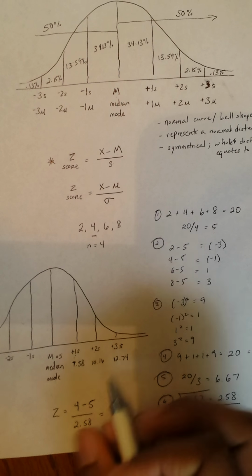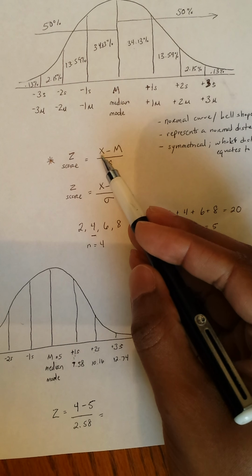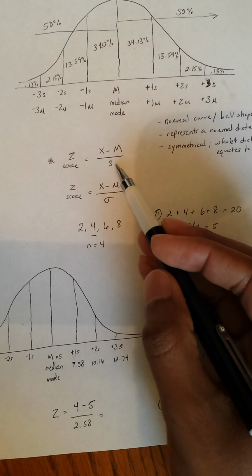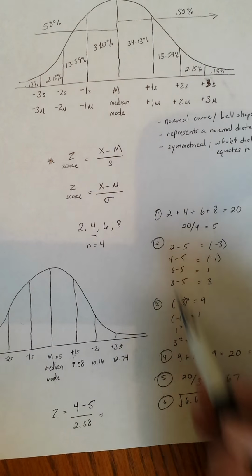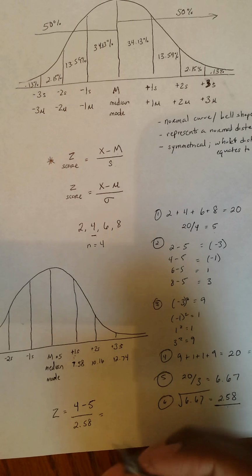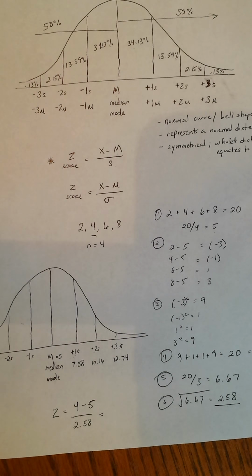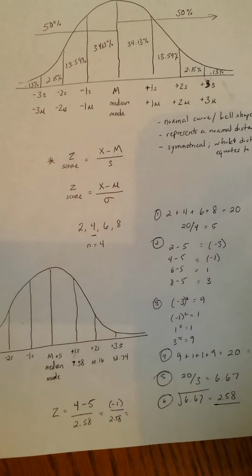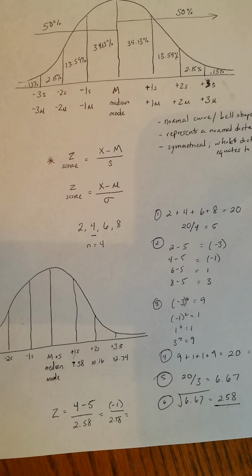Right? So we got 4, sample mean is 5, standard deviation is 2.58 because that's what we calculated right here based on our steps to calculate the standard deviation. So we got 4 minus 5, which gives us a negative 1 over 2.58, which will give us